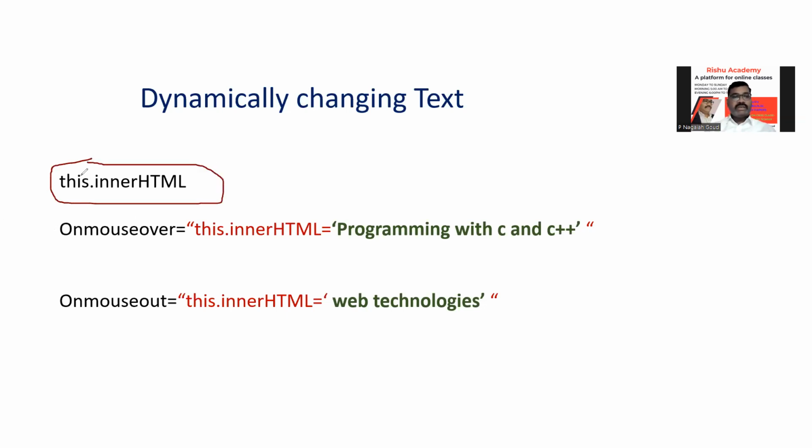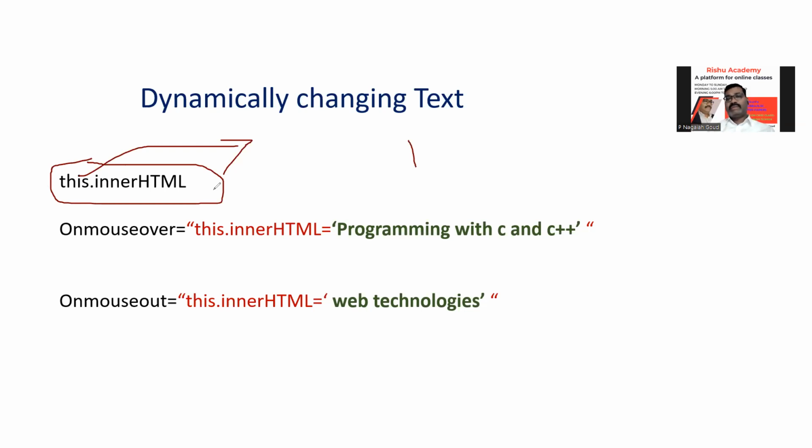This keyword refers to the current object. The object here is an HTML element. It may be a paragraph tag, an H1 tag, a body tag, an H2 tag, a strong tag, any HTML element. This means the current object, the current HTML element. Inner HTML allows us to read the element text. So by using this dot inner HTML, I can change the text of any HTML element